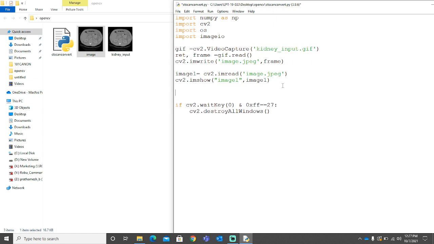I'll be doing it. Image is my variable, and cvtColor, BGR to gray.